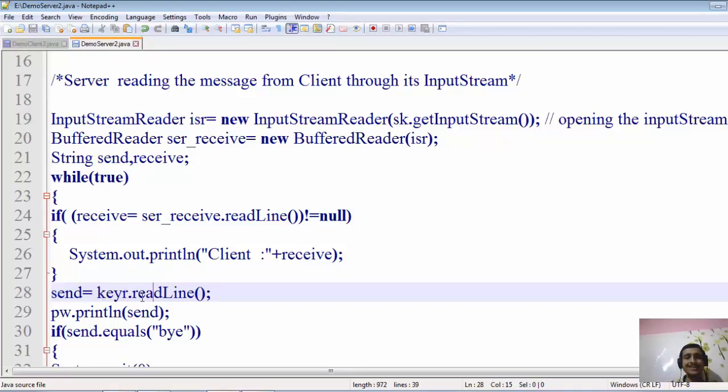The BufferedReader object is reading line by line, that line we have just given as input from the keyboard, and it is returned as a string in this send variable, which is of type string. And we are just passing this send to the PrintWriter's print method, and that's all. As soon as we pass this send variable inside the print method, it will be sent to the client side, and now the client's